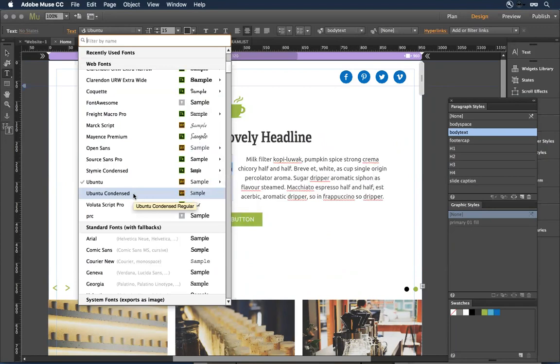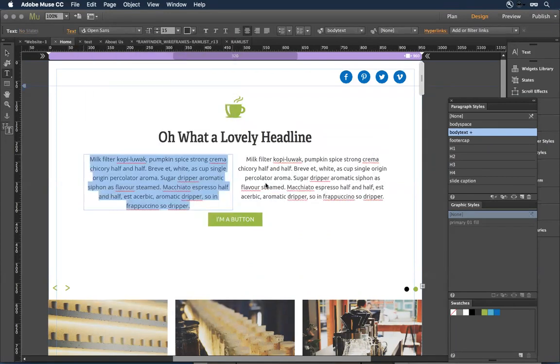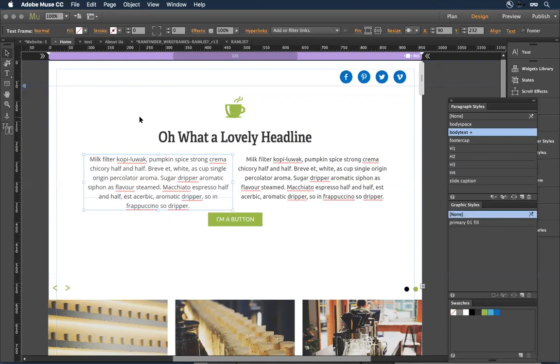It's already Ubuntu, so jeepers. Let's go with Open Sans in a regular weight. So I'm coming through and making changes to the styles that have been already defined. Now, interestingly enough, the way this manifests, if you know InDesign, it's a similar metaphor,